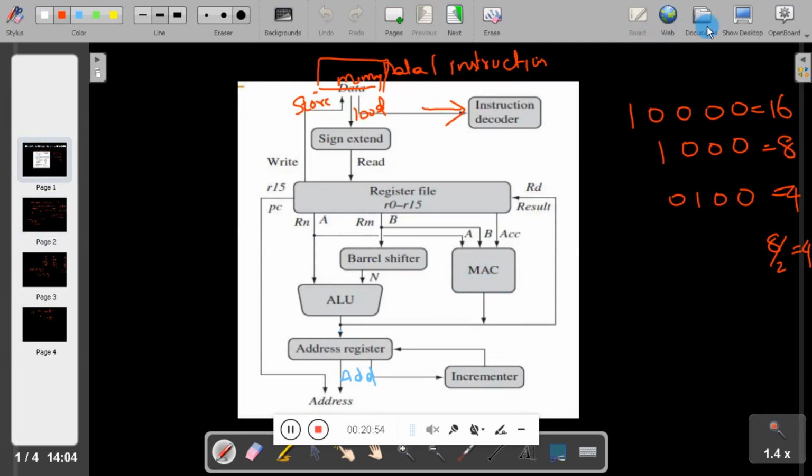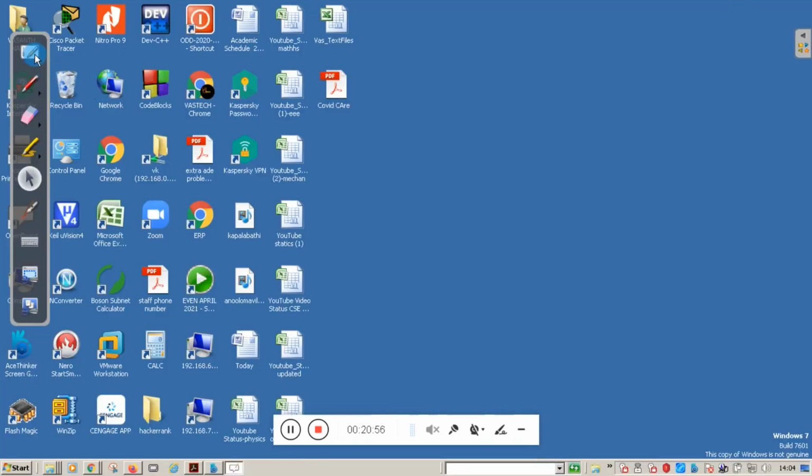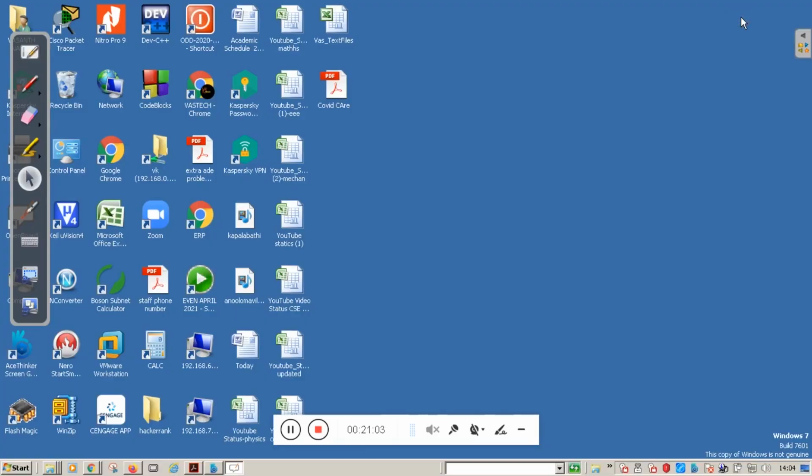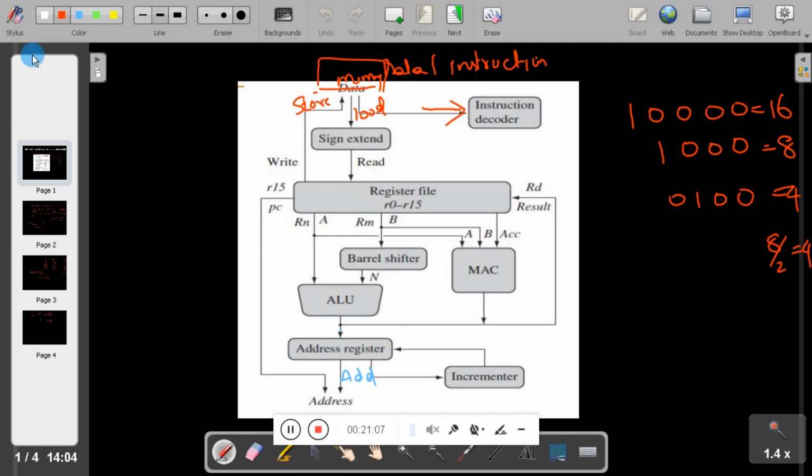The use of this is that it frees up the unnecessary use of registers, and it stores the sum of all the partial products in one register. That is the use of MAC.